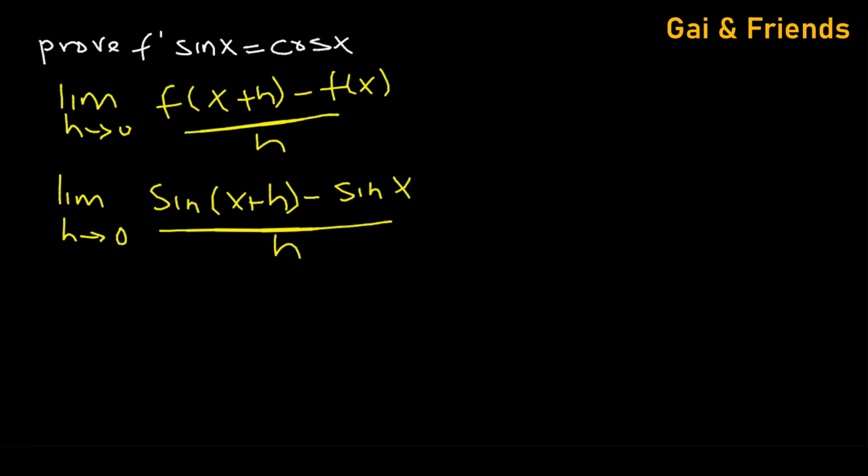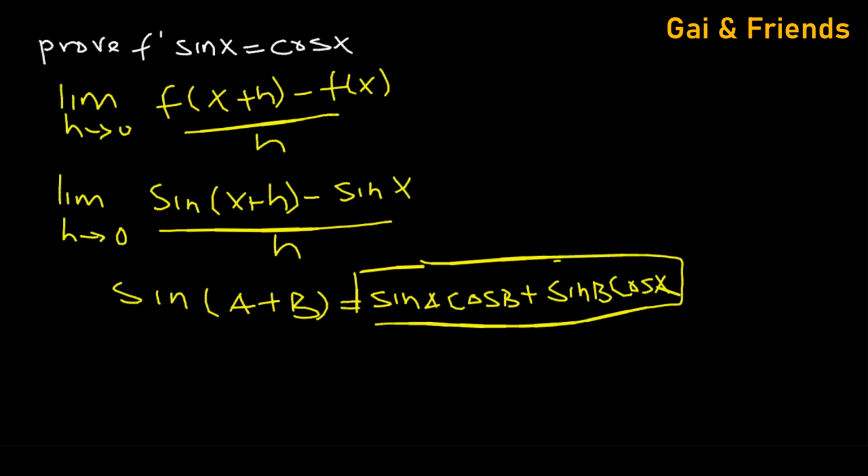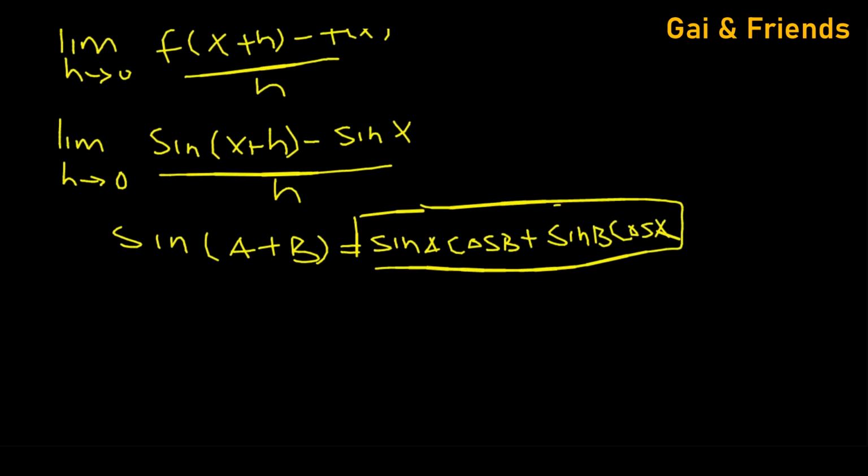So what you need to remember here is an identity in trigonometry: sine of a plus b is equal to sine a cosine b plus sine b cosine a. If we apply this identity to our problem, we are going to get